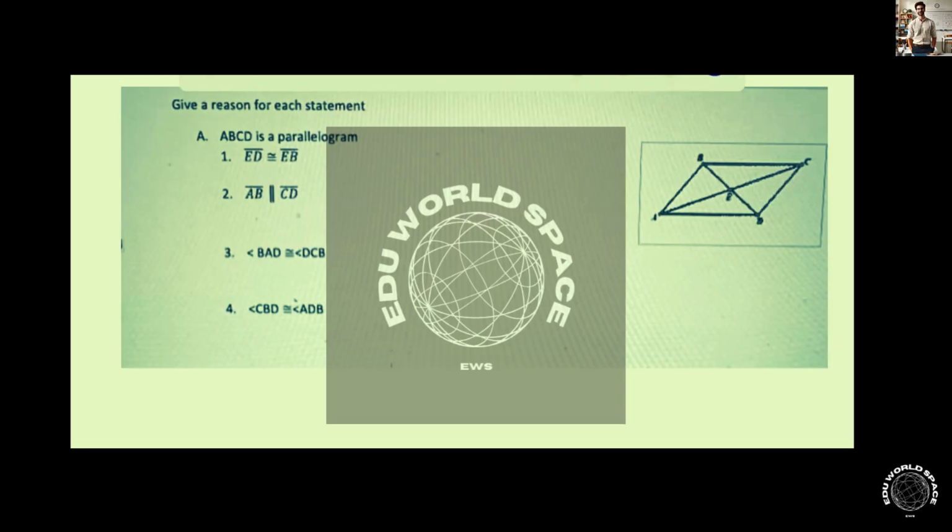If we know that ABCD is a parallelogram, then it would be true that ED would be congruent to EB, because you might say different things and you might be citing specific theorems by number, but it's essentially because diagonals bisect each other in a parallelogram. That's ultimately the reason. In the second statement, we would know that AB is parallel to CD by the definition